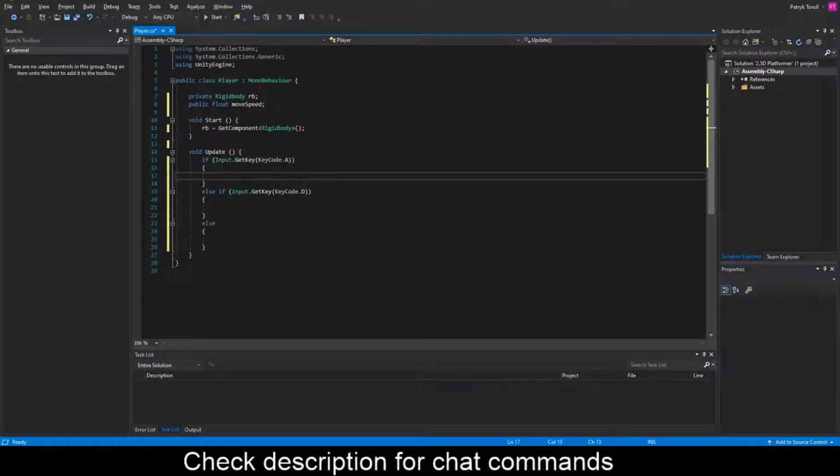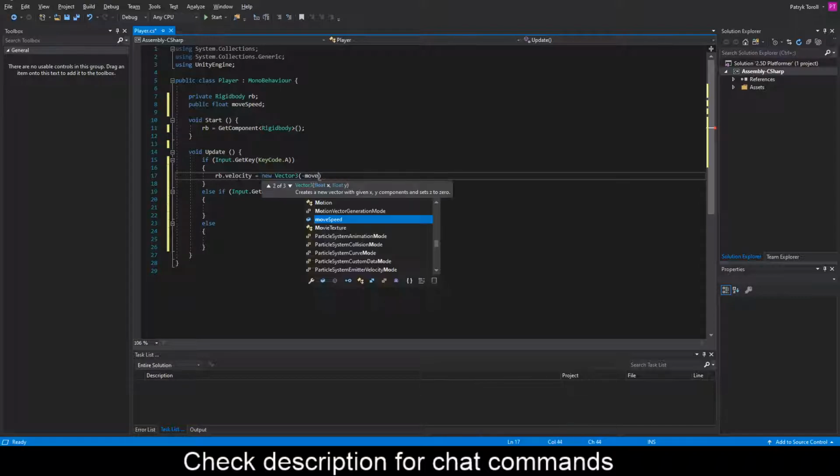Okay. So RB dot velocity equals new vector 3 minus move speed. And remember, while we're using the update function, we wanted to multiply it by time.delta time,